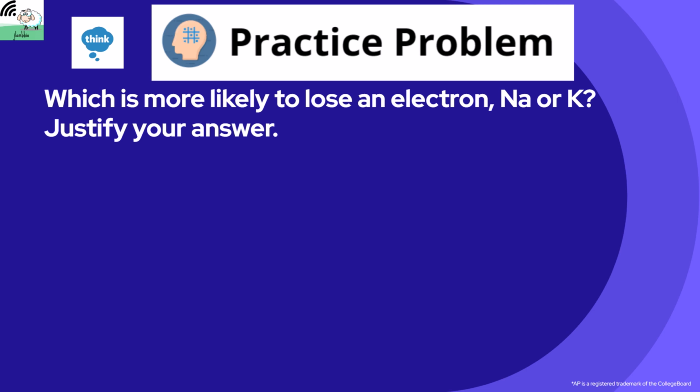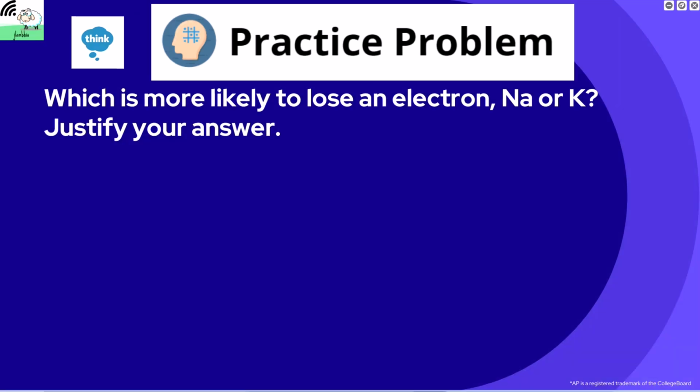And use the concepts that are related to Coulomb's law to explain which is more likely to lose an electron, sodium or potassium, and justify your answer. Take a few moments to do that, and then I will be back with you for the answer, and we'll move on. All right, so hopefully you paused yourself, gave yourself a little bit of time to think about this